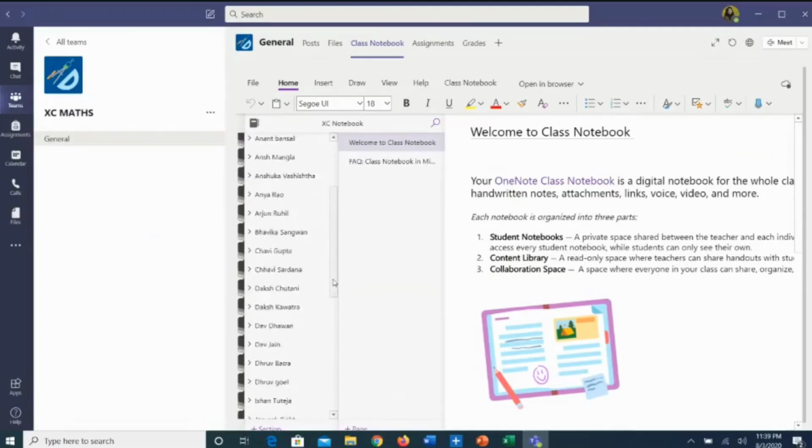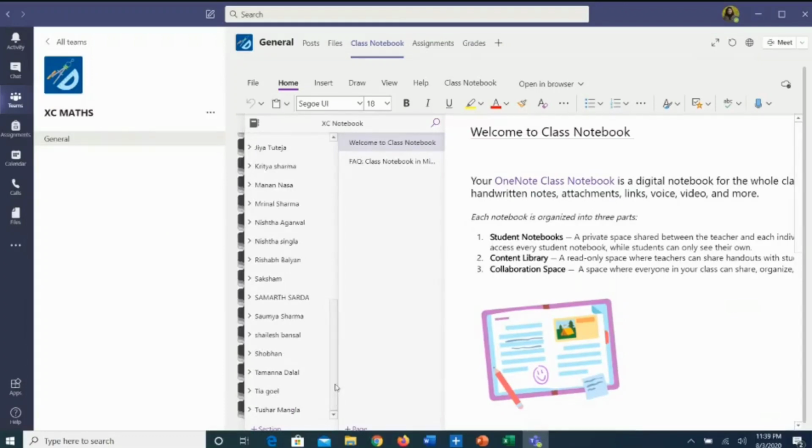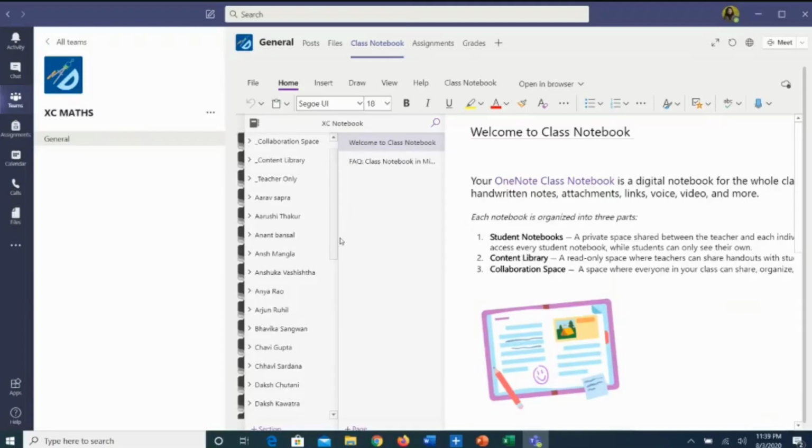They are all having class notebooks. If you scroll down, all these students have a separate, personal class notebook, and one child cannot see the work of the other. Arav Sapra can upload his own work over here, but he cannot see the work of any other child down below.